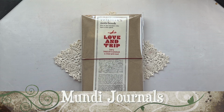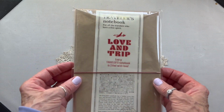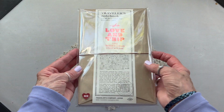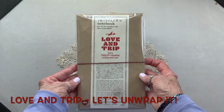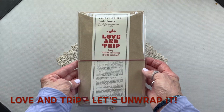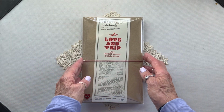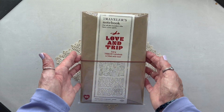This is Lynn, and I wanted to show you the Love and Trip Traveler's Notebook. I'm going to unwrap it. It's not an unboxing, but it's unwrap it, and it says a red. I got it a little bit early, this week. The place I ordered it shipped it out, so I had it by Monday. And I've been waiting almost a whole week to open it in front of everybody so you could see what